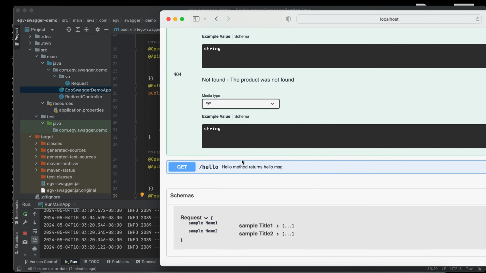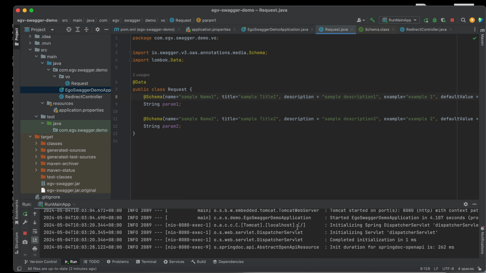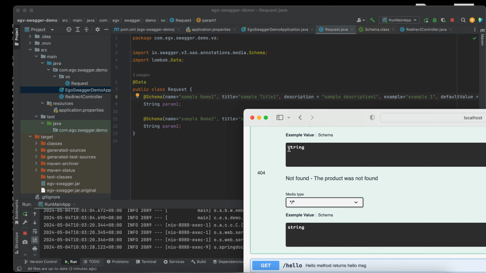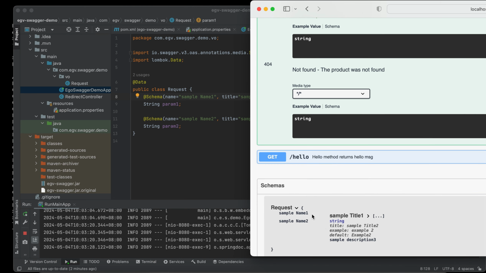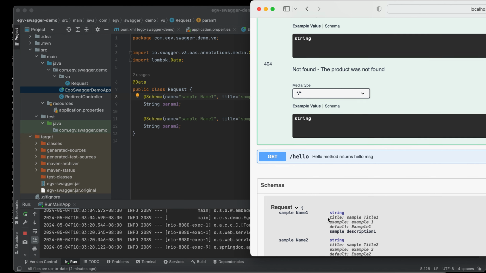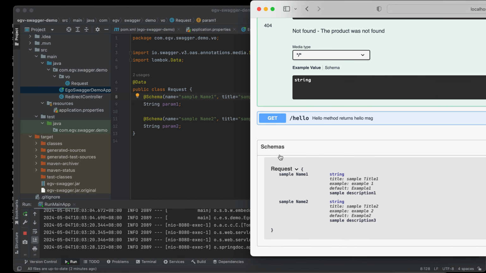This is the schema I showed you earlier, where we describe each parameter, because it's an object, right? Inside this object we have fields param1, param2, basically our parameter. So this is how we describe it. You can see the title, example, default, and sample descriptions. So this is the @Schema annotation for a request parameter.